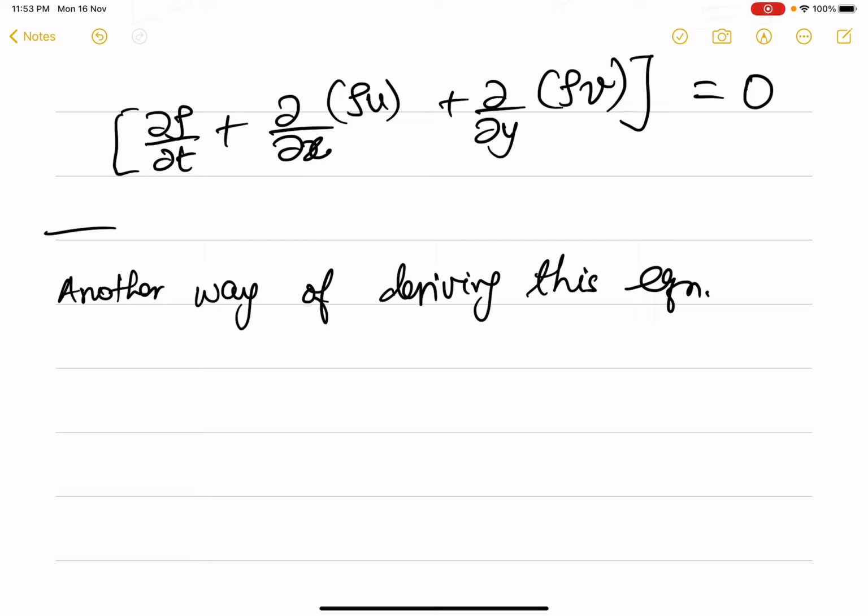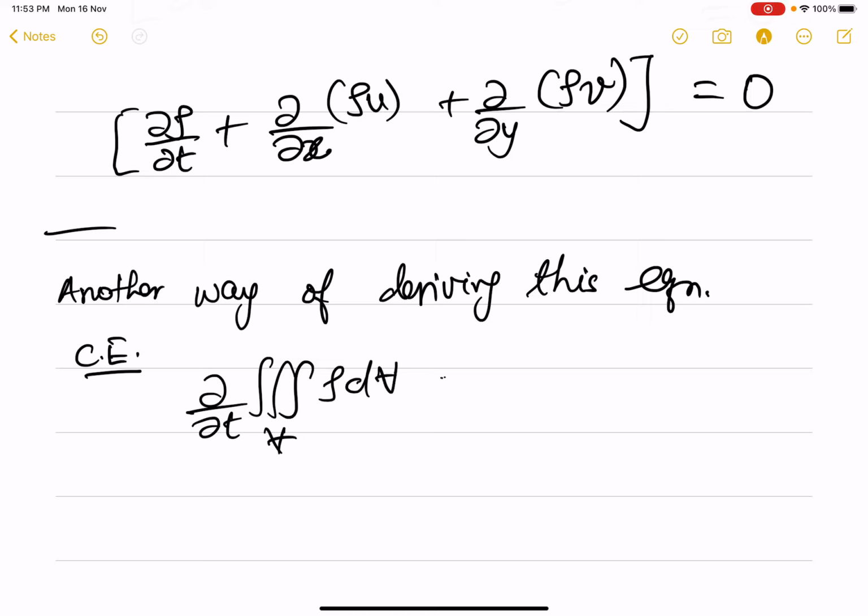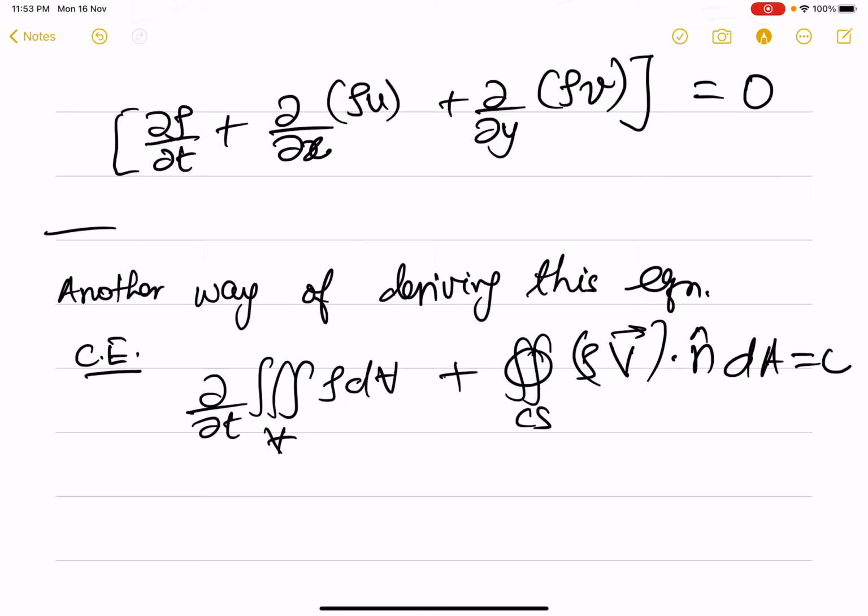It will be a very simple derivation, but will involve a couple of subtle points. So first let's write the continuity equation. We start from the integral form, d by dt of rho dv plus integral on the control surface rho v dotted with n dA is equal to 0. So now we use